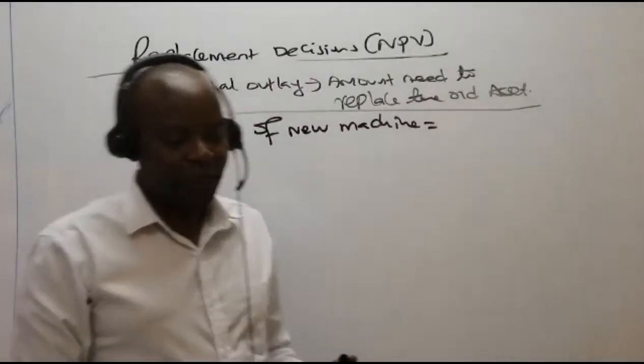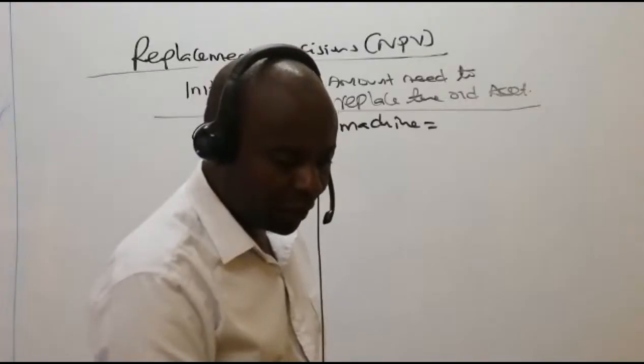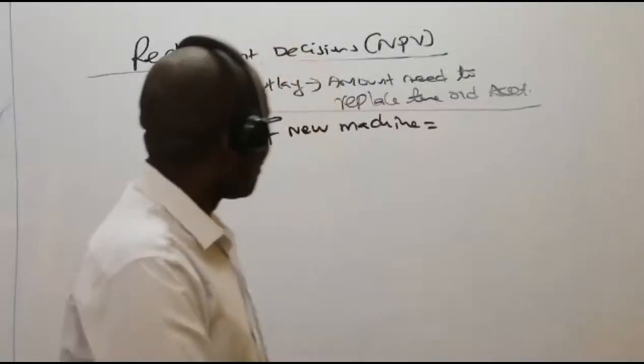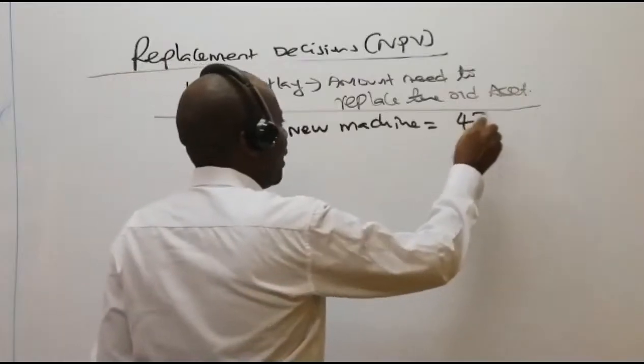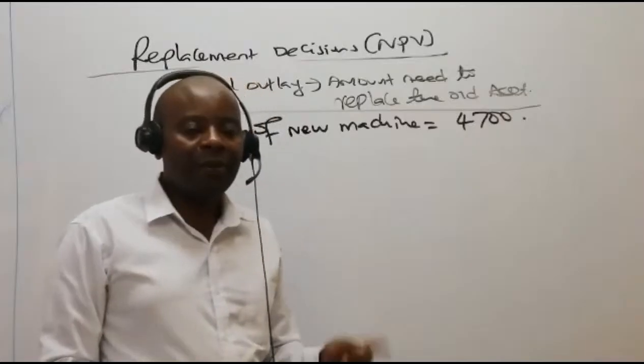The cost of the new machine, what do we have here? The cost of the new machine, ladies and gentlemen, here we are. You can see the new machine has a purchase price of 4,700. So in this case, the cost of the new machine is 4,700. Remember that straight away,